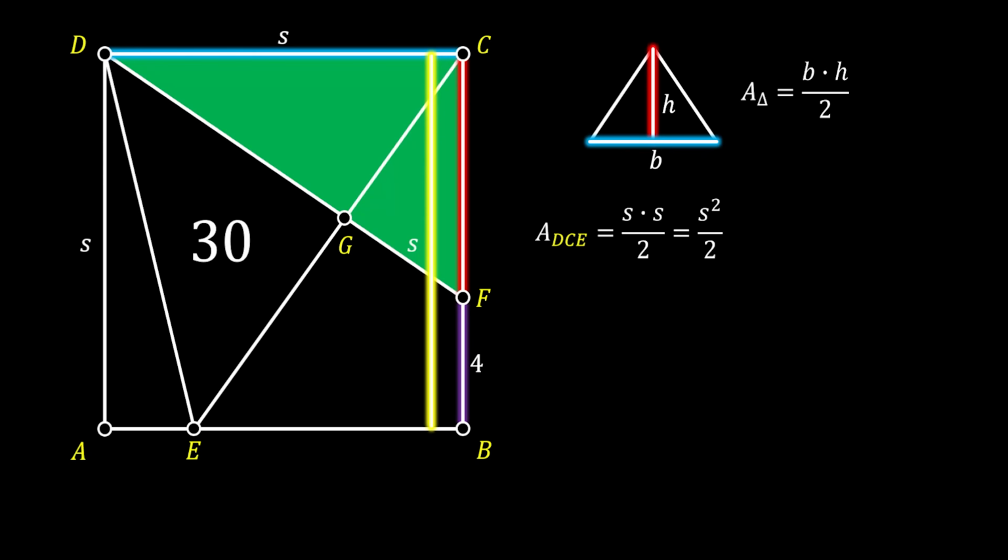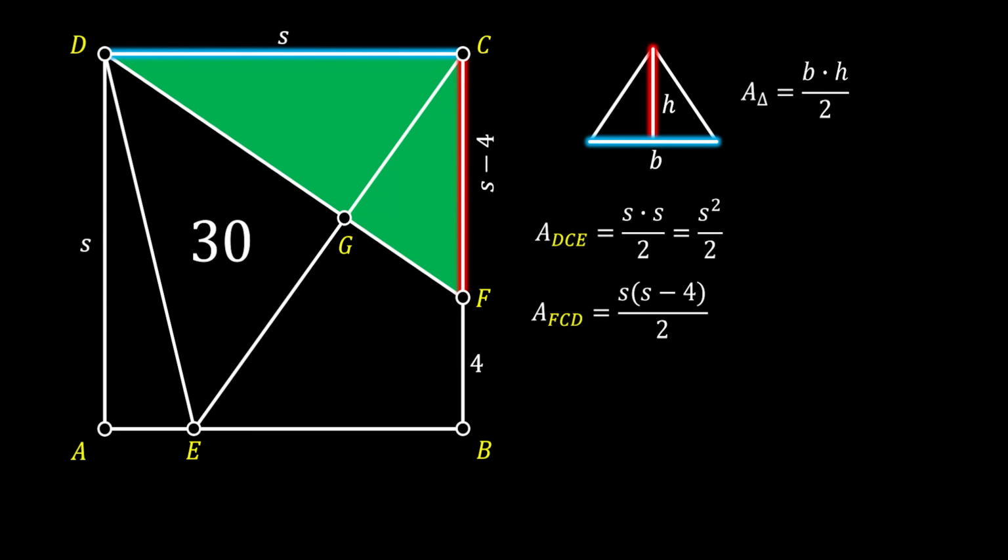So this means that the segment FC must be equal to the difference between the side of the square and the segment BF with the length of 4. So let's write down the area of this triangle as well as S times the quantity of S minus 4